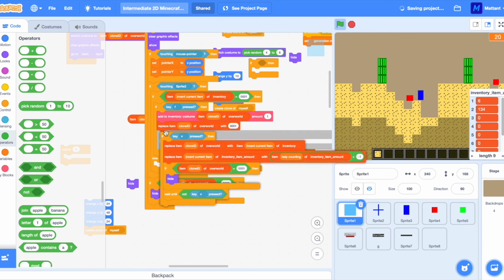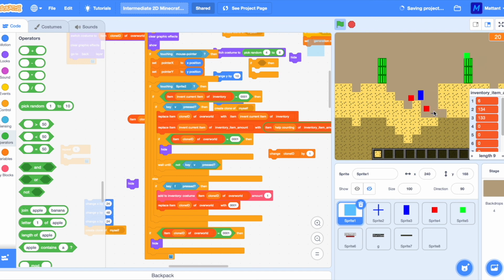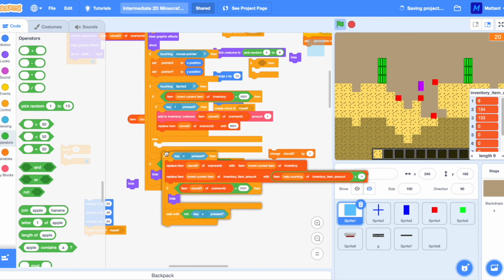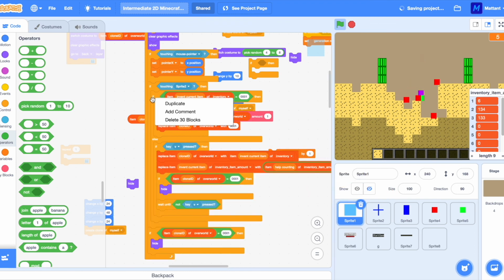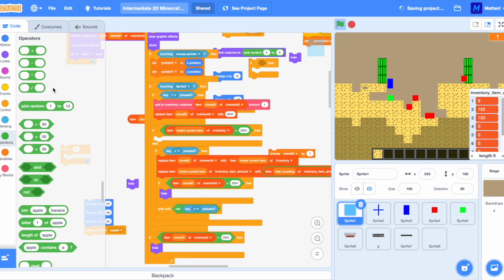Actually, I think it's both of them really that need this. Ooh, whoops, that's not what I really need to do. Instead of doing that, how do we have this before? Yep, okay, so